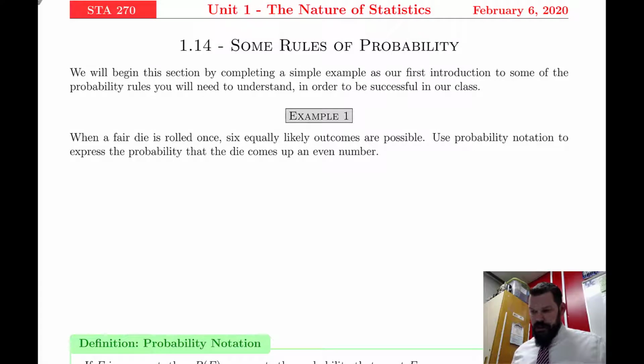So with this next set of notes, this is our next to last set before the test. We're looking at some of the probability rules. And the first thing we're going to do is start out with a very simple, quick